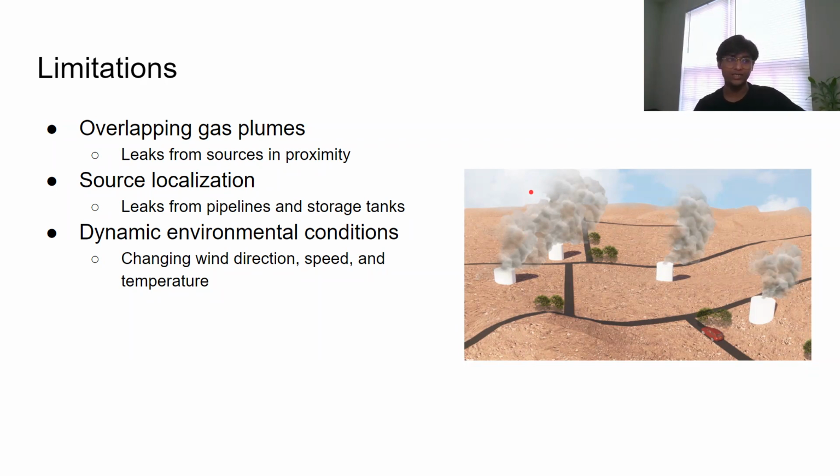And then there's source localization. In an oil field, oil wells are most likely the biggest contributors of leaks. However, there are also oil tanks and pipelines which stretch miles across oil fields, and it's difficult to model them as a location that's known in advance for a potential leak. Because if you discretize these pipelines, you would have a very large search space and it would complicate your inference procedure. So how do we address the source localization problem if we don't know where some of the leaks are coming from?